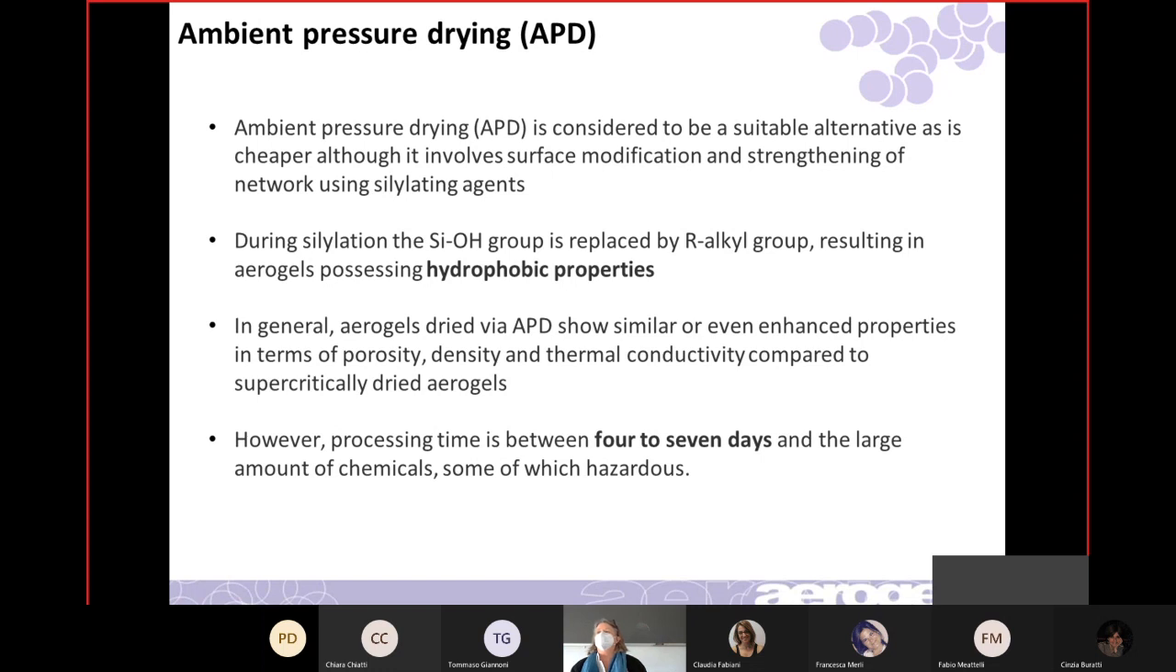But it does involve surface modification and strengthening of the network. It takes longer, and you use these other chemicals to do this, which are not necessarily good either. So